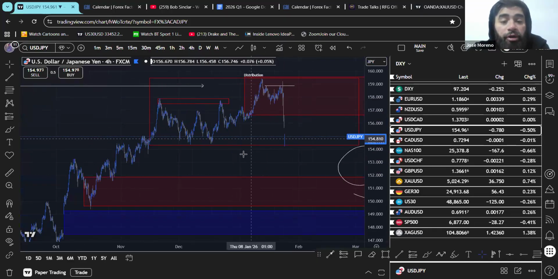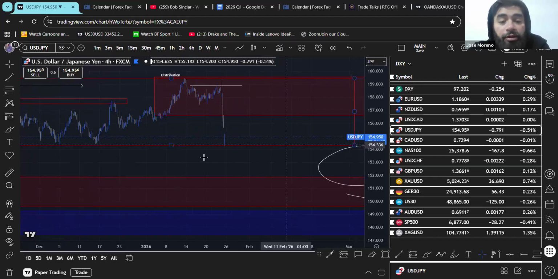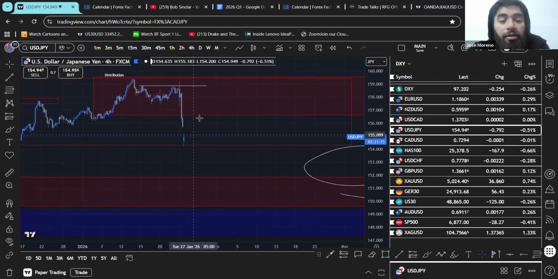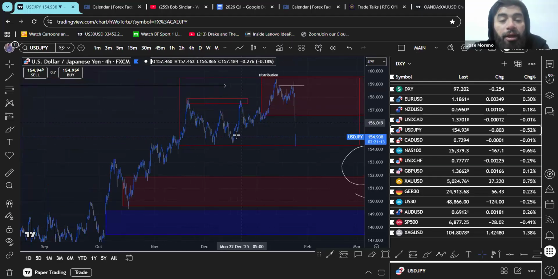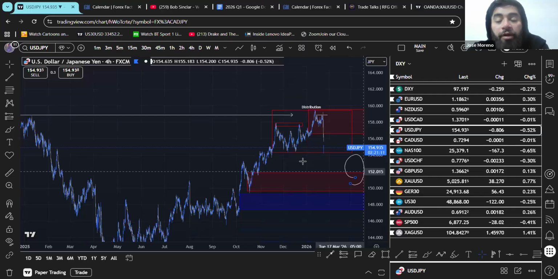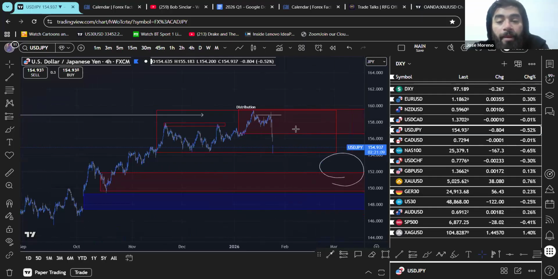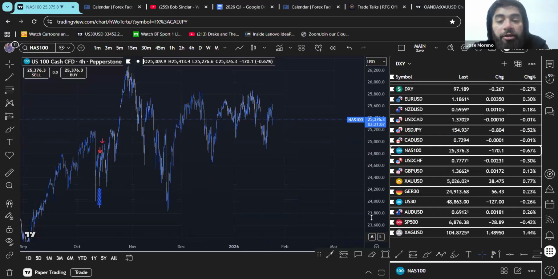Personally, honestly guys, I would really like it if we could just hold this, create a wick here and then slowly get on up to these imbalances, slowly get on up to where we swept here and see if we can position ourselves for shorts on UJ. But yeah, I'm liking the price action there the most.